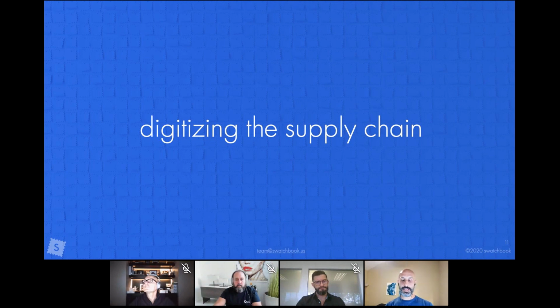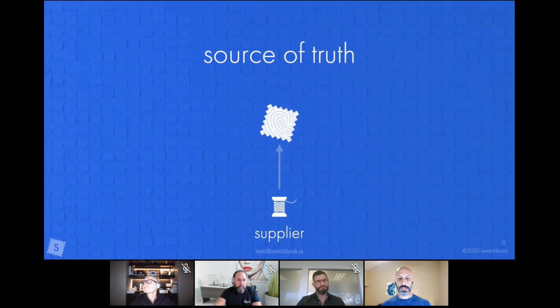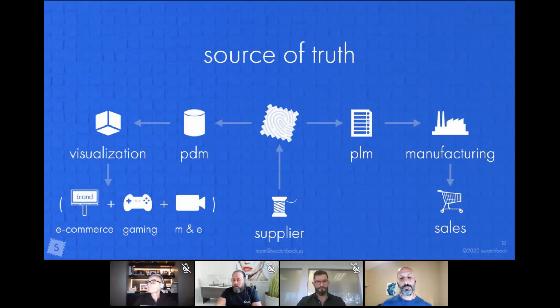And to us, that can be summarized with basically digitizing the supply chain, right? Because for us, it's a single source of truth. It should start at the supplier level. This is fundamental to making this a success in the future. We think of this as a live link to your supplier, as a designer, as a customer. And that single source of digital truth, it's connected to the physical sample, but it also goes into what we